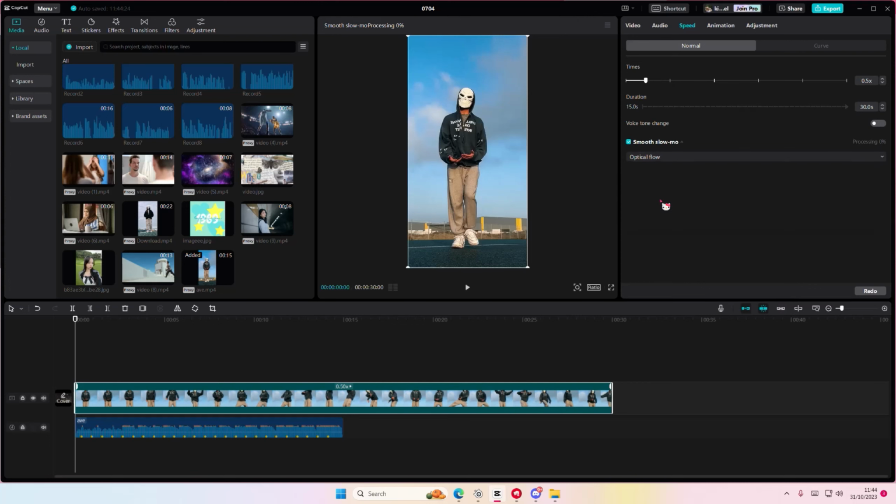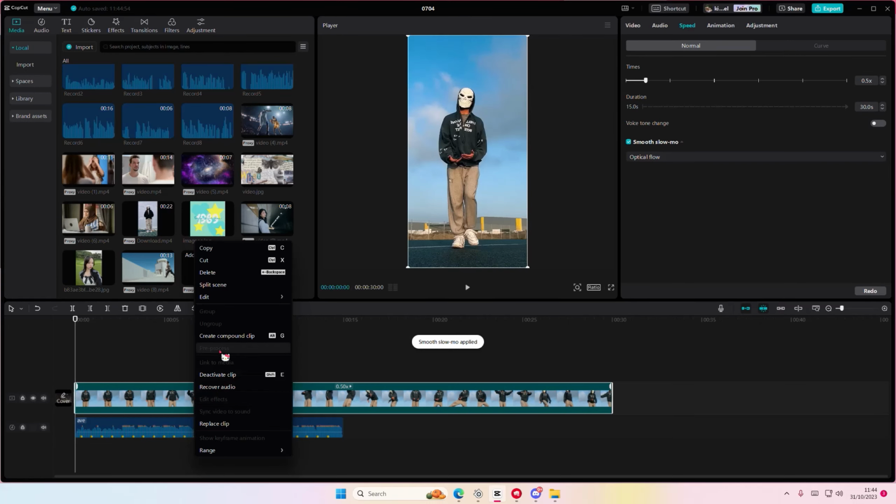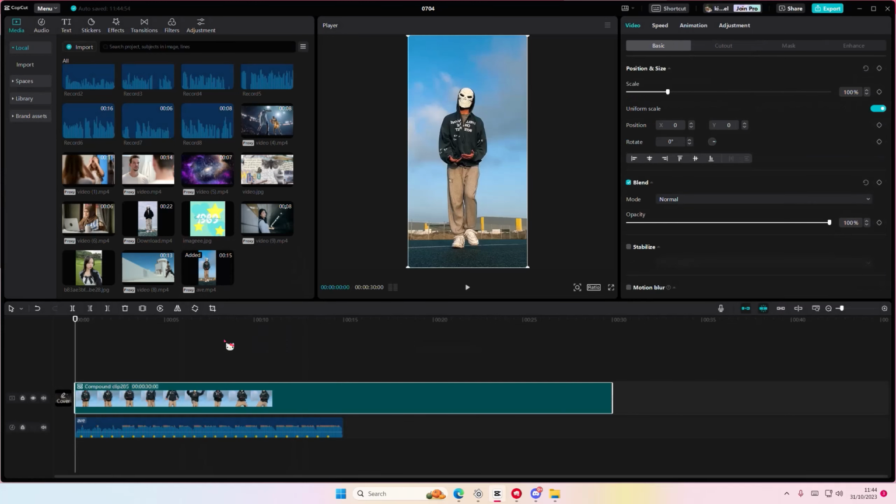select optical flow. It does take longer to process since I selected optical flow rather than frame blending, but trust me, the results will be smoother. And once you're done with that, it does take quite a long time, hold on. Once you're done, you're just going to right click your video, select create compound clip,